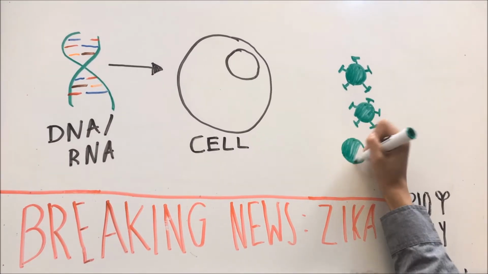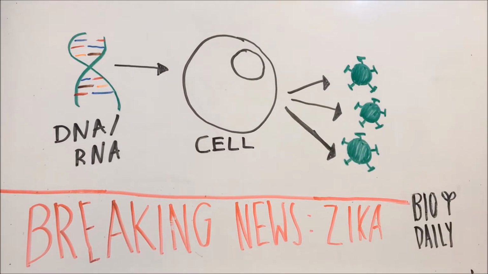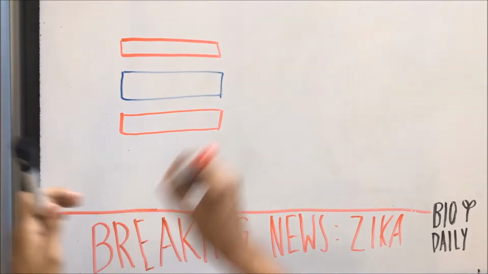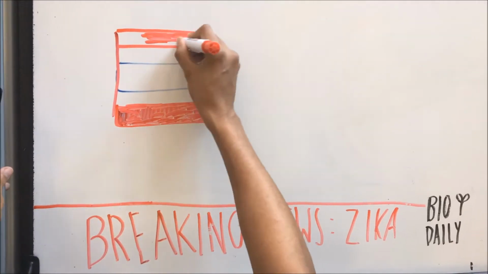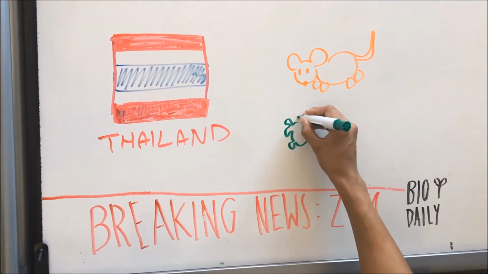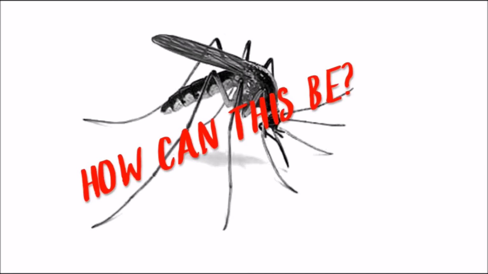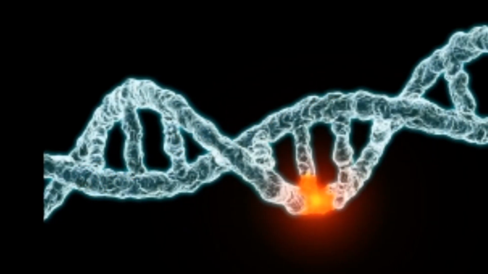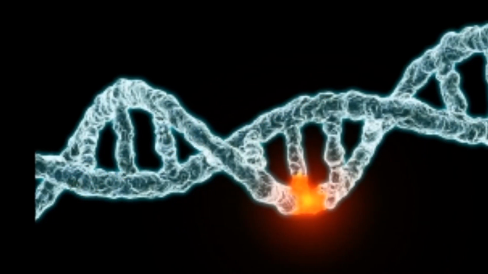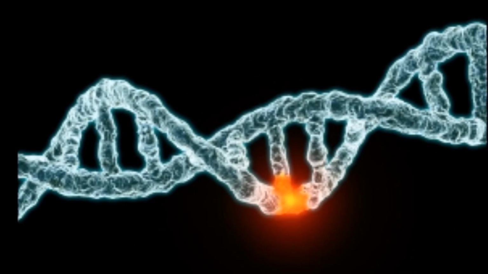The authors did go on to study the effects of the mutated virus in human tissue, finding similar results. However, other researchers have argued that the direct injection into the brain does not simulate infection in nature. A final concern is that some strains in the study and later in Thailand cause microcephaly. Since microcephaly did not originate in the ancestral strain, this means that the mutation may not be the only cause for the increased virulence. Given the significant differences between the ancestral and contemporary strains, it is obvious that evolution has occurred. How can this be?